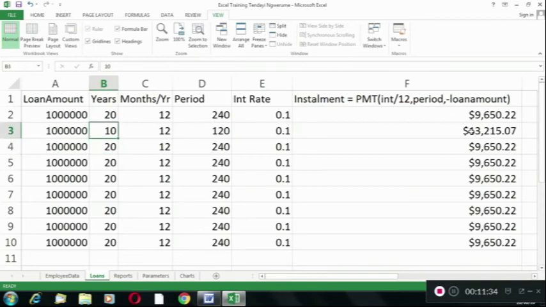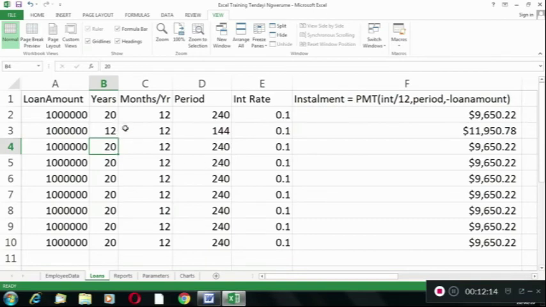10 years now is at 13. So let me put it 11 years, 12,500. 12 years, 11,950. So I can see now that this is the most ideal period. So I'm just going to get the same amount of loan, but for a shorter period, and I pay almost 12,000 per month. So with a schedule like this one, you can literally just play around and say, what if